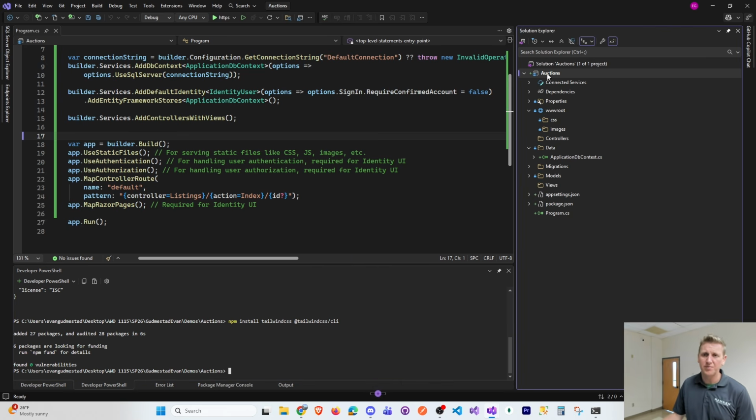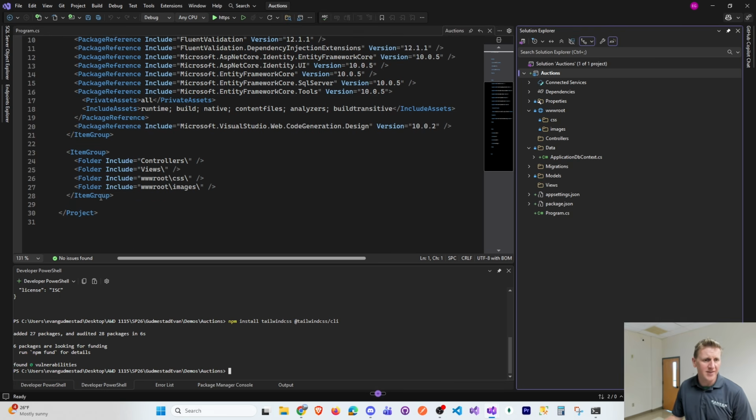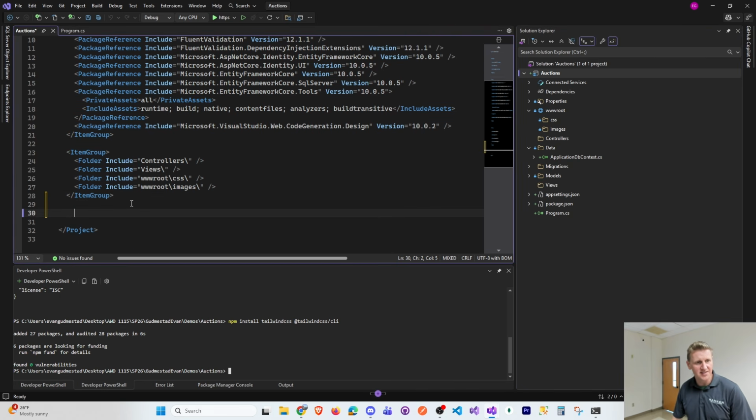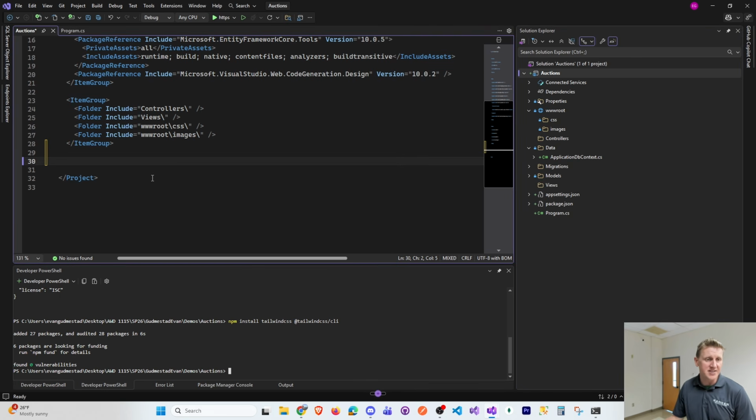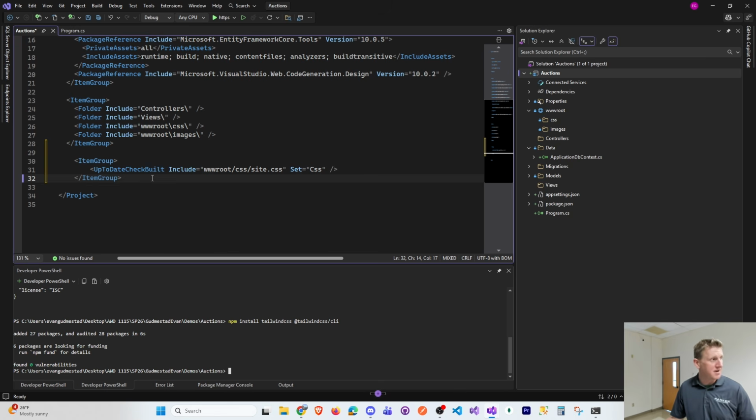And the way that I teach this in my class is that every time we do a build, it minifies our Tailwind CSS into an output CSS file. So it takes an input file that we're going to call site.css,